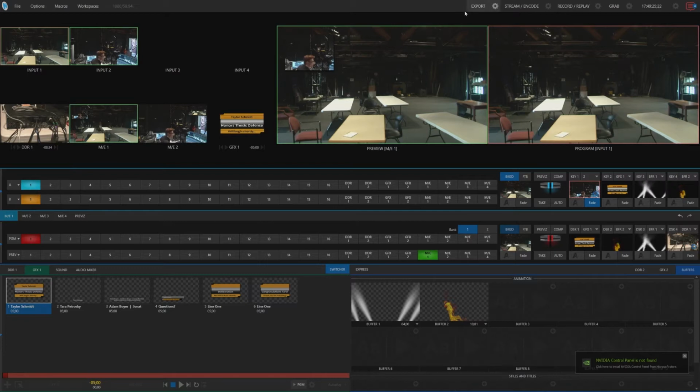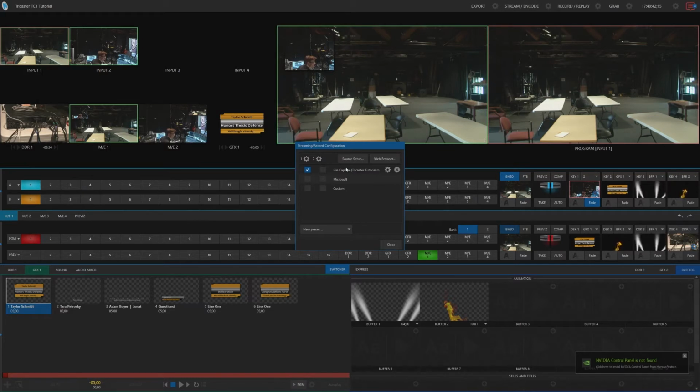Now, in the last video, I didn't go over this upper right-hand corner very much. That's because this is where the stream and recording is normally done, as well as the exporting, but we'll end with the exporting. Starting with the streaming and encoding, this is where you set up your stream or your file capture to capture video. Now, to set up your streams to streaming or recording settings, you have to click on one of these two